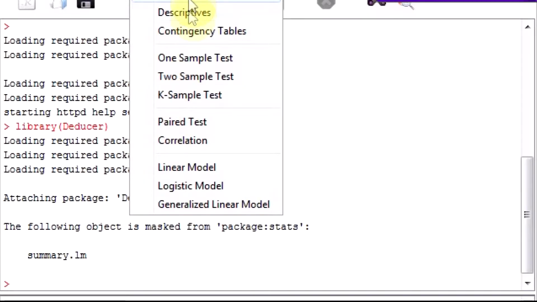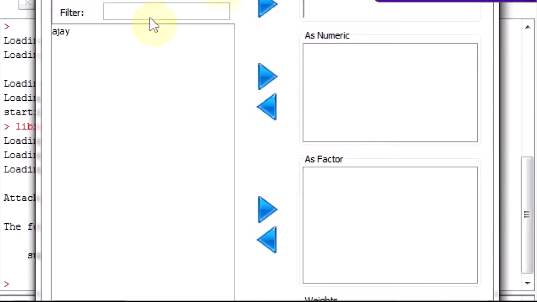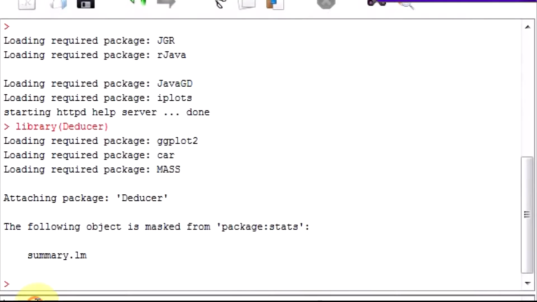You can do frequencies, descriptives, linear model, right? Generalized linear model. So let's look at data 1, data 2, or then say data diamonds.